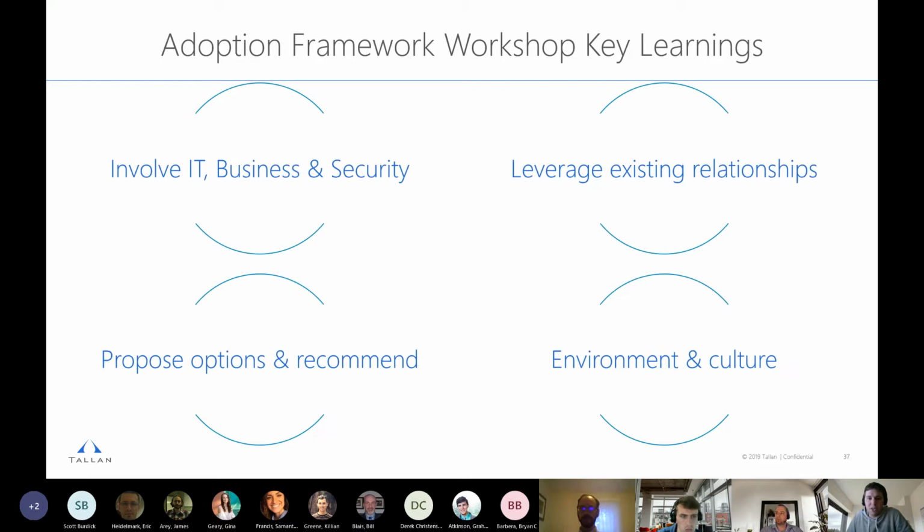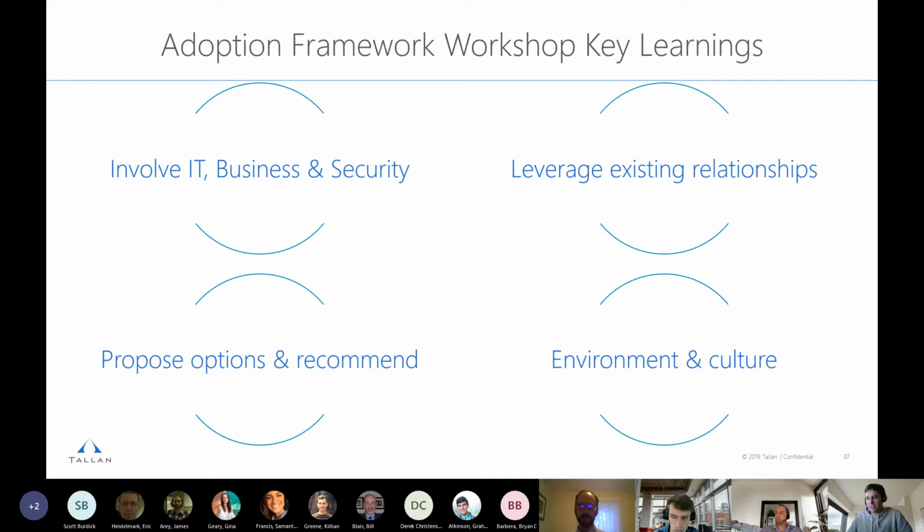So yeah, some key learnings that I found from the drive value stage. You want to involve IT early, as well as security teams. You want to get their input to understand how users in your business will actually interact with Power BI. You want to leverage existing relationships. Again, I keep saying this: leverage the PUG. Come to this user group and ask us what we know and what we've experienced. It will help you get to the place you want to be.